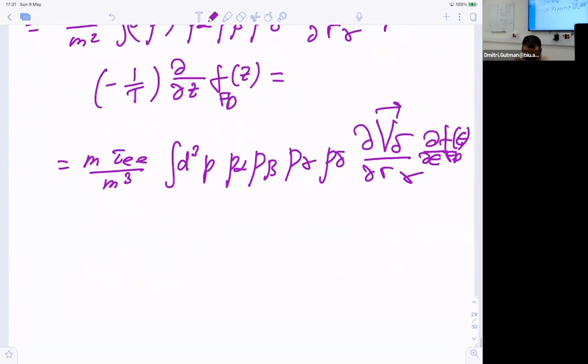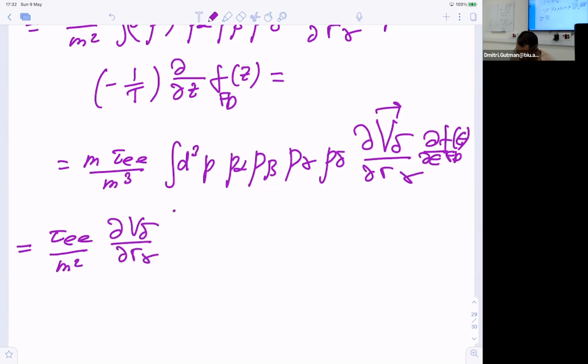And now I need to compute all these integrals. It's roughly a few pages of calculation, but I'll skip all that. So now lots of integrals to compute. And I'm getting, okay, maybe I'll just write one intermediate step: tau EE over m squared dv delta over dr